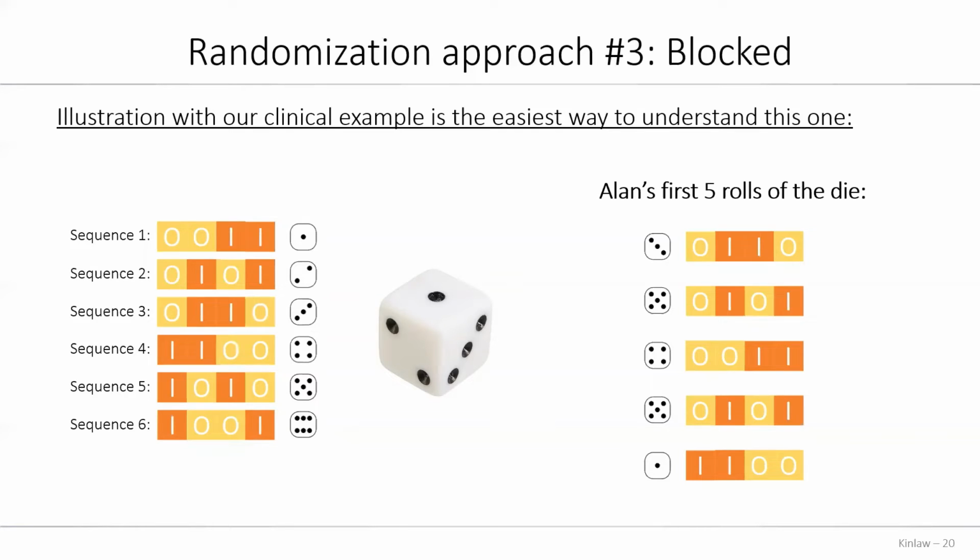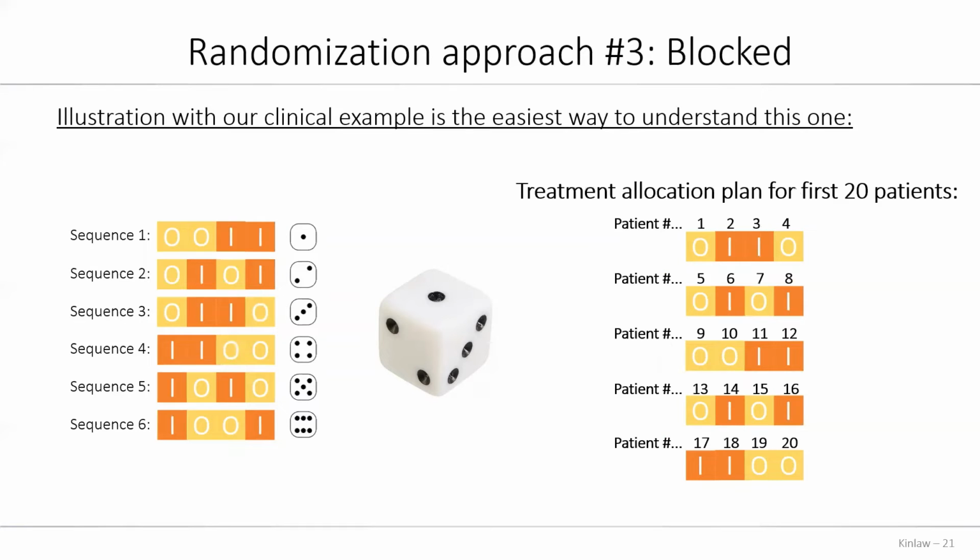So for the first time I rolled, I found that patient 1 will get oral, patient 2 will get IV, patient 3 will get IV, and patient 4 will get oral. So now I need to roll the die again to identify what's going to happen to patient 5 through 8,